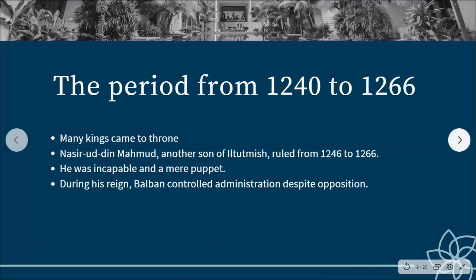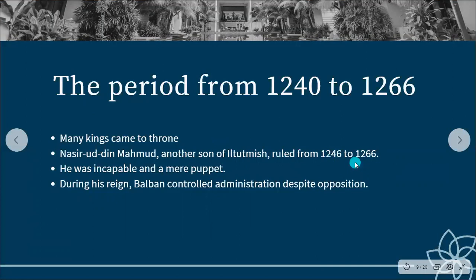Now, in the period from 1240 to 1266, a lot of kings came to the throne, right? Between 40 and 46, a lot of kings came, right? Then Nasiruddin Mahmud, another son of Iltutmish, came. He ruled from 46 to 66,